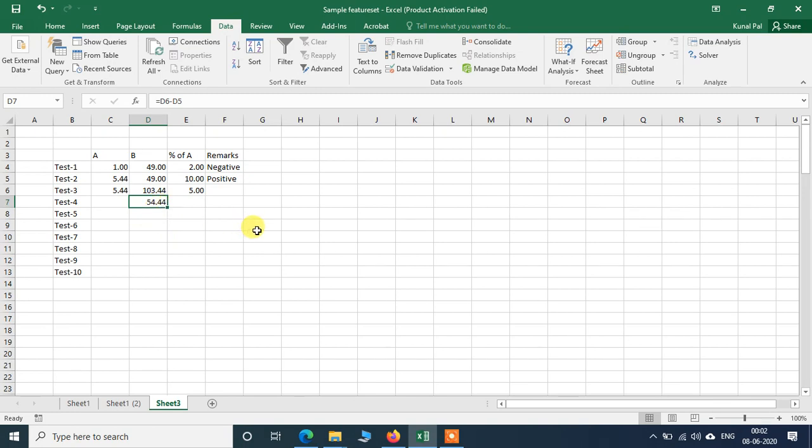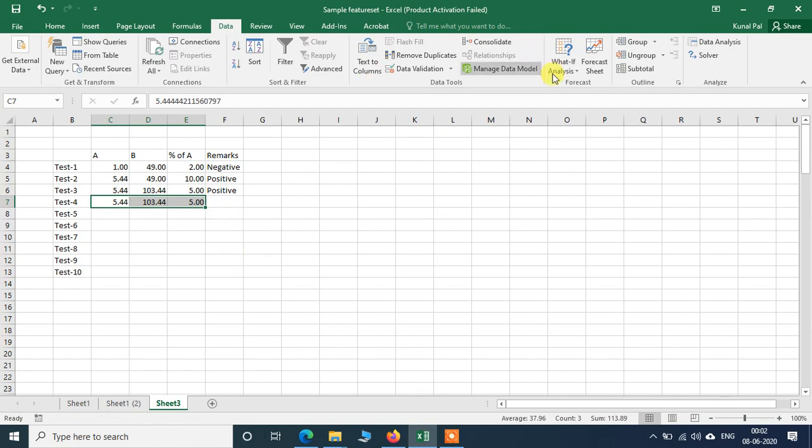Now in 5 also it is positive. Now we want to further reduce it. Let's say I want to find out at 4% of A, whether the gel is forming or not, or the formulation is forming or not.